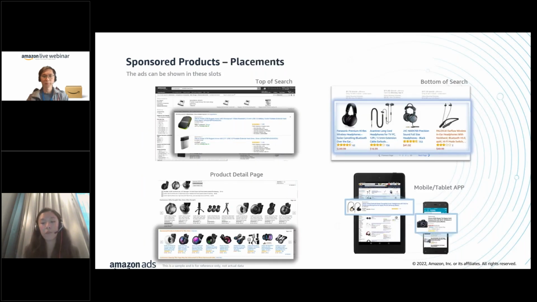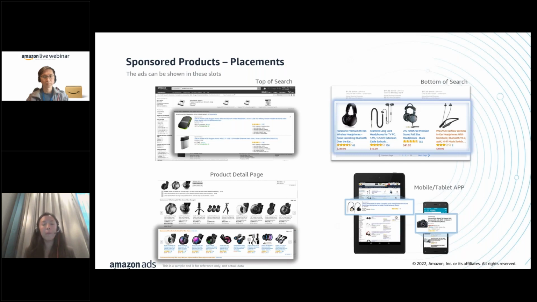So also just for our sellers to understand where your ads will be shown, this is what we always call placements. Placements essentially means where your ad appears on Amazon. As I mentioned earlier, most of the time you want to secure top of search as a placement, so you appear at the top of the search shopping results page. Of course, within the first page would be the best, because we know most people don't bother to click onto